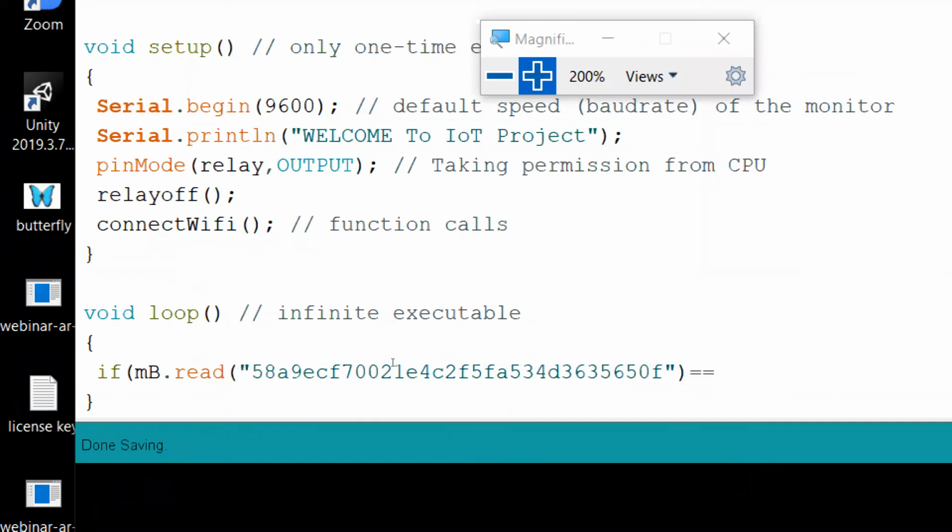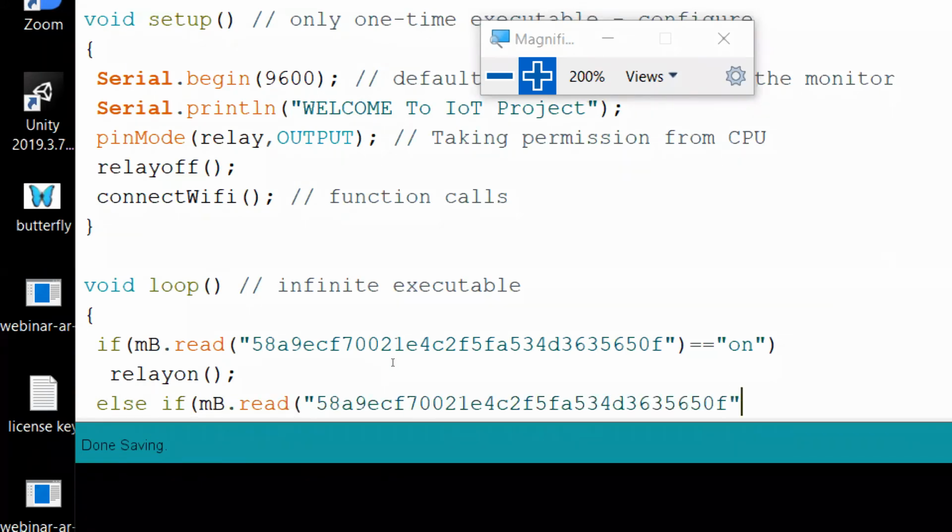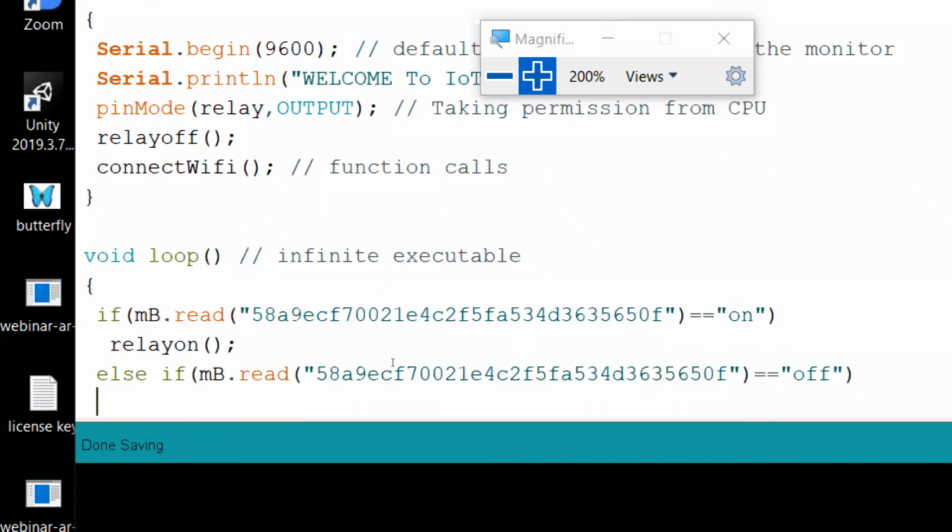If it is equal to "on", okay. If it is returning on, what we have to do? We have to call the relay on function. Else if mb.read, again you have to paste the same API key. If it is reading off, you have to make relay off.